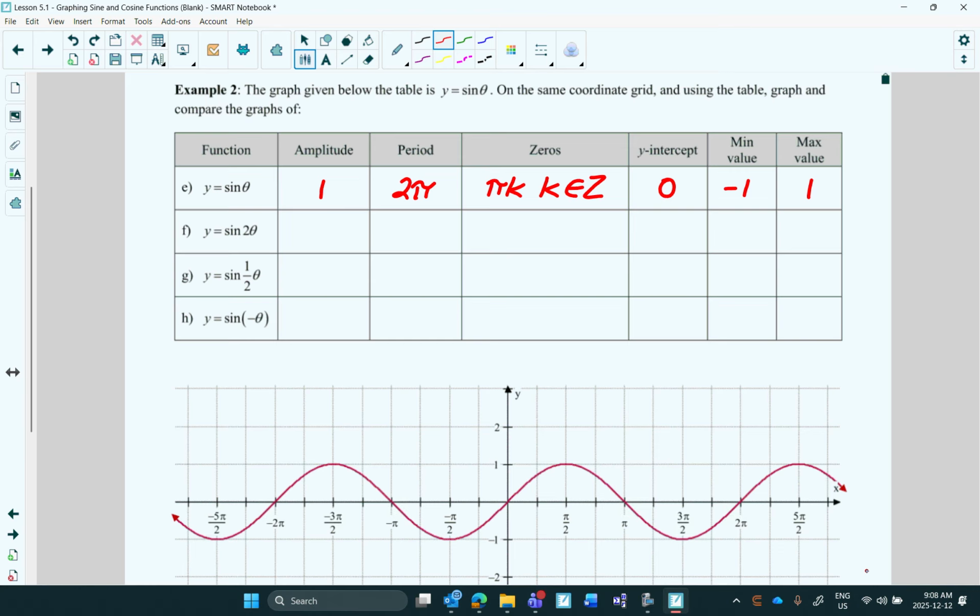Okay, so what if there was a 2 in front? We should all recognize that's a horizontal stretch of a half, right? So look at it here. If it's 2 pi and it's a horizontal stretch, well, what's half of 2 pi? Pi. So notice I'm taking half of 2 pi. That's why I have to do 2 pi divided by 2. The amplitude doesn't change because it's not stretching this way. So the amplitude is still going to be 1. But the period,